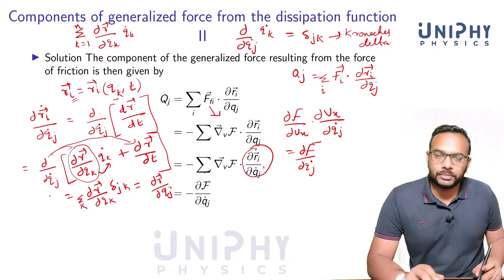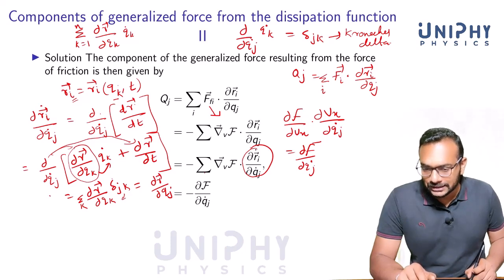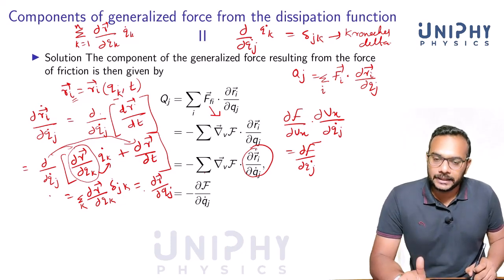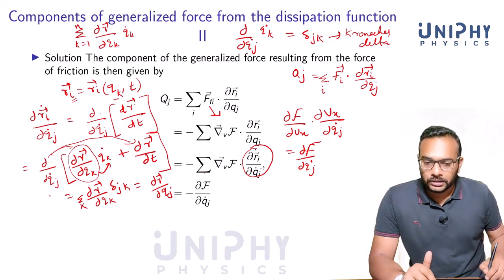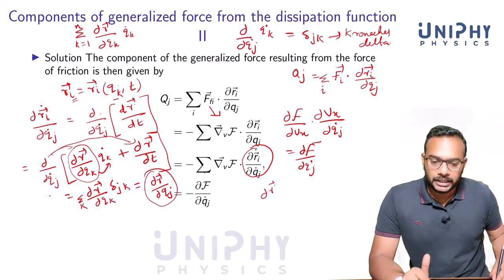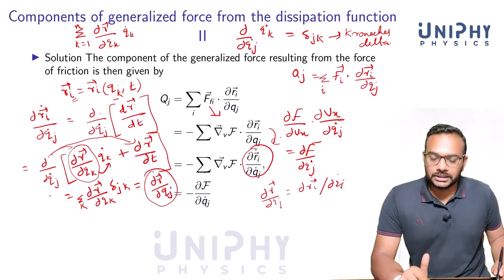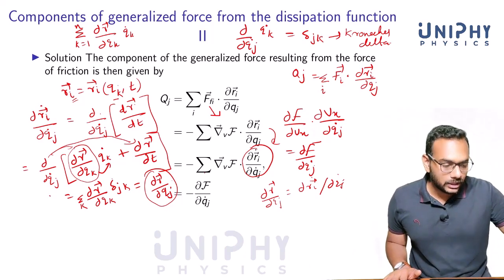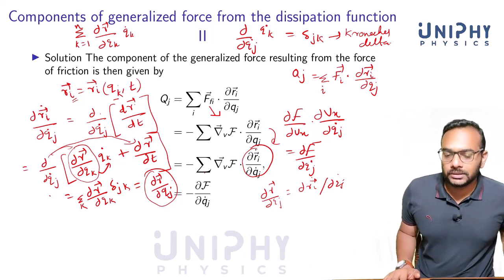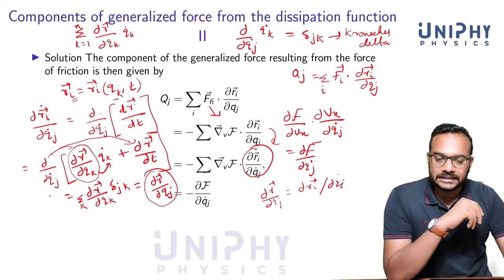This is a nice property of Kronecker delta. If you sum over an expression which includes the Kronecker delta, the summation is gone and the Kronecker delta disappears, and you can simply put k equal to j. That's a nice property. So this is exactly what we wanted to show. We wanted to show that dou r vector by dou qj is equal to dou r dot divided by dou qj dot. That's the result we have used here. Dou ri by dou qj is equal to dou ri dot by dou qj dot. This is a thing that we will be using time to time without much explanation.